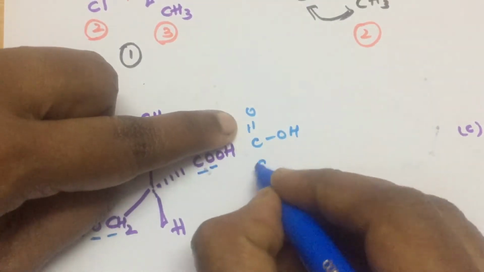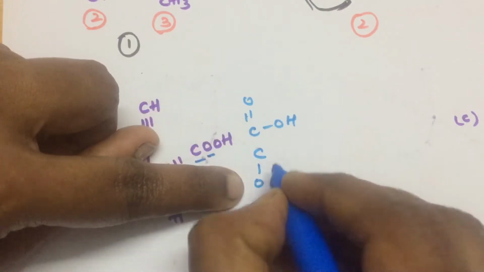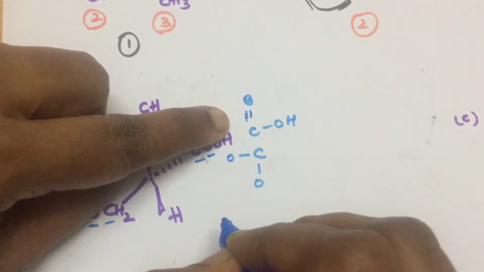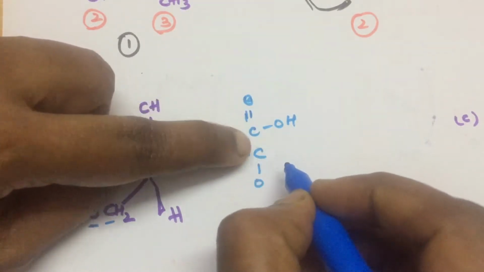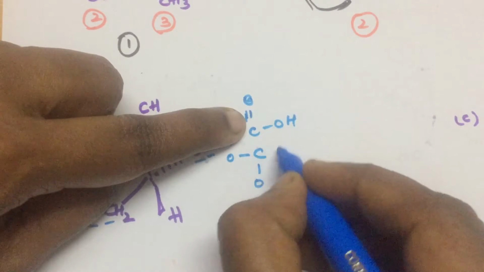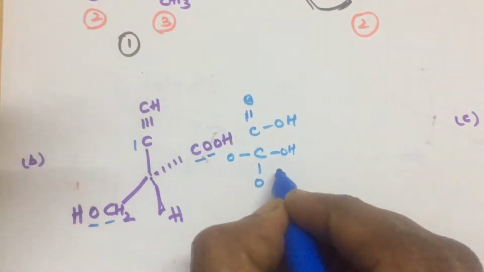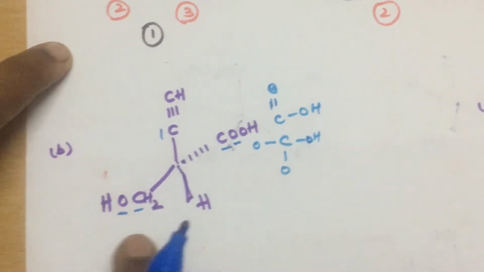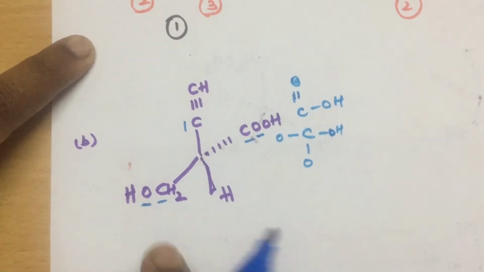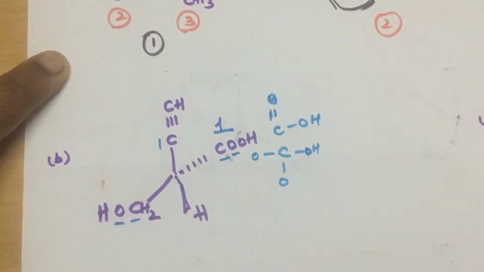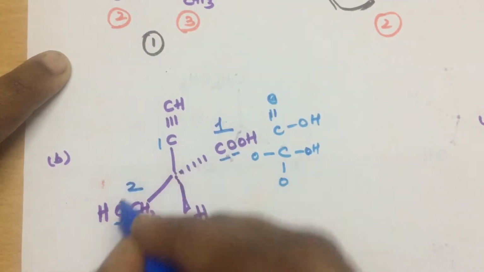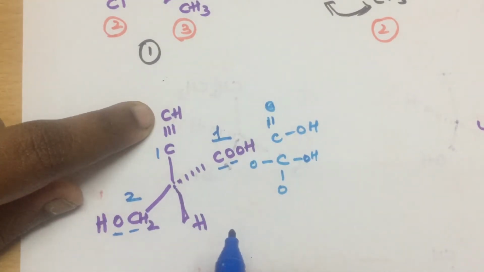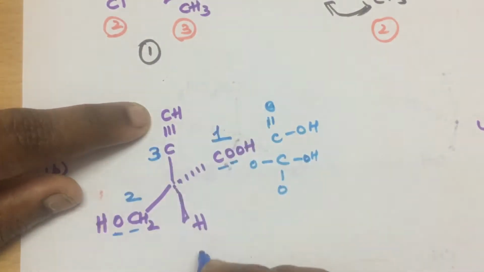So we have to treat the multiple bonds as separate single bonds. C double bond O I have written in this manner, and apart from that one OH. This carbon gets priority because it is attached to three oxygens, whereas this carbon is attached to only one oxygen. So I am giving number 1 to this carboxylic acid, and number 2 because the second atom is oxygen here, and here the first atom is carbon and the second atom is carbon. So third priority, and here fourth priority.